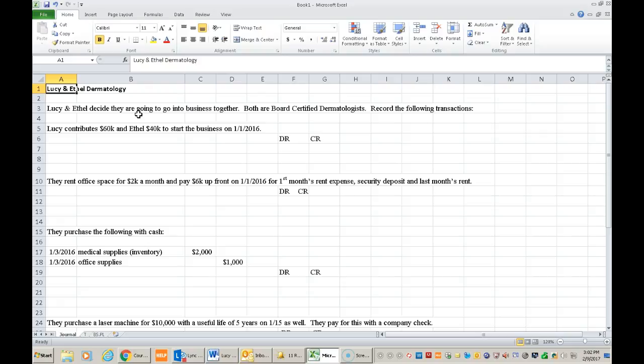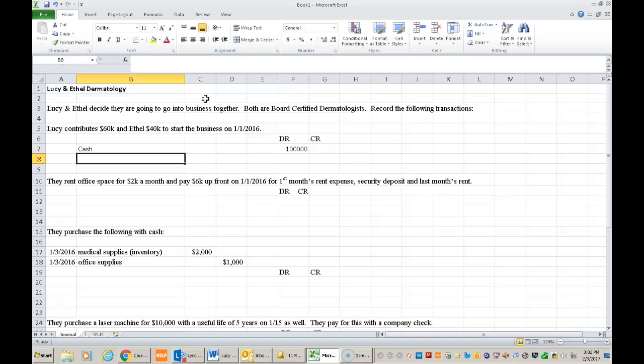So here what we're going to do is record these journal entries. So Lucy contributes $60,000 and Ethel contributes $40,000 to start the business on January 1st. So here we need to do our debits and our credits. And so what is our debit going to be to? So we received $100,000 in cash, right? So cash is an asset. It's on the left-hand side. It increases on the left-hand side, and the debit is on the left. So here we are going to debit cash,